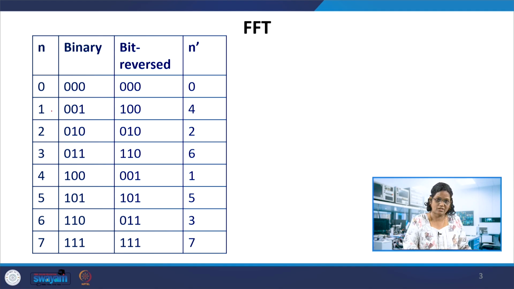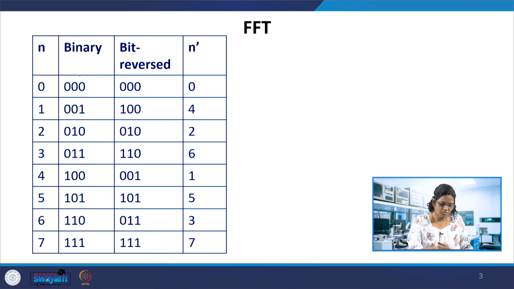So here we have 8 samples, for example, with sample indices x of 0, x of 1, x of 2, x of 3, x of 4, x of 5, 6, 7. The index 0 can be written in 3-bit binary because we only go up to 7. If we had 0 to 15, then 4-bit binary would be required. So in this case the 3-bit representation of 0 is 000, and similarly 1 is 001, 010, 011, 100, 101, 6 is 110, and 7 is 111.